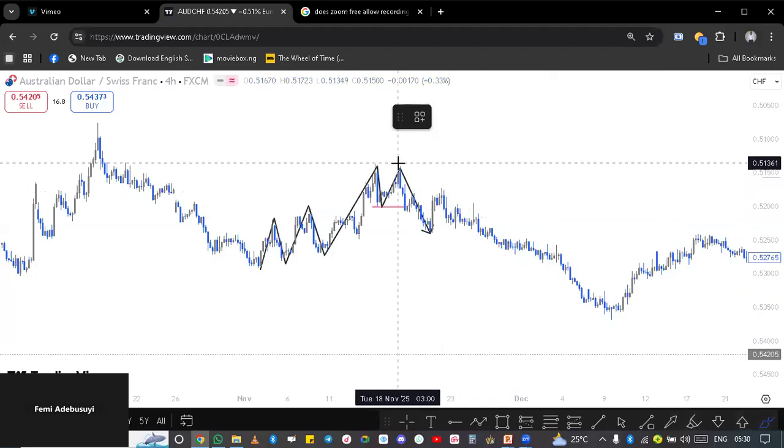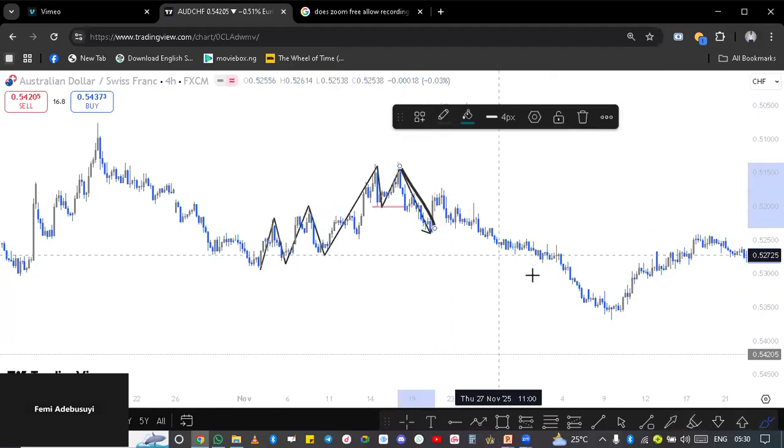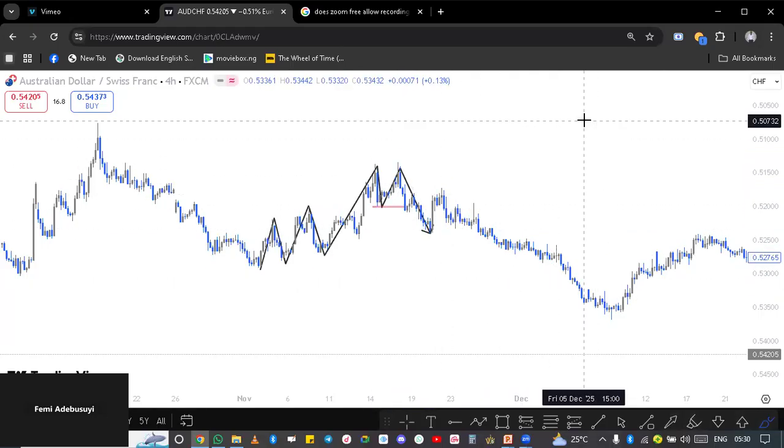Is broken by this move down here, then that tells us that we are no longer looking for a buy. We have moved from a buy bias to a sell bias, so we want to look for sell opportunities. So it is important that we can tell exactly when a trend has moved or shifted, either from a buy